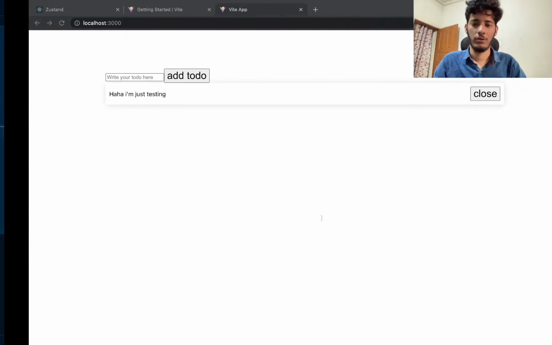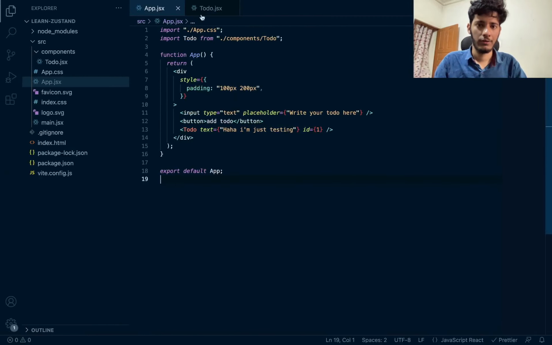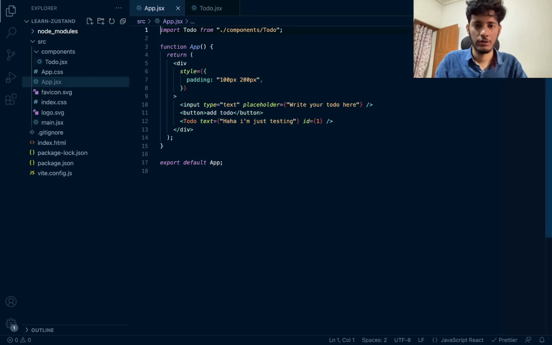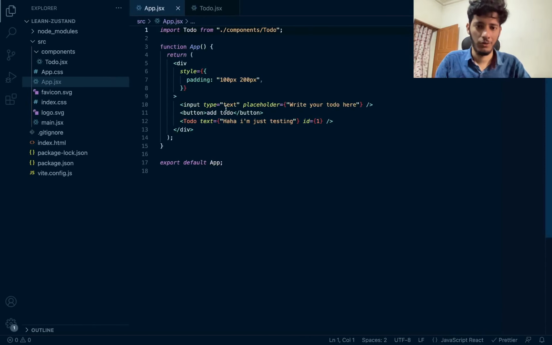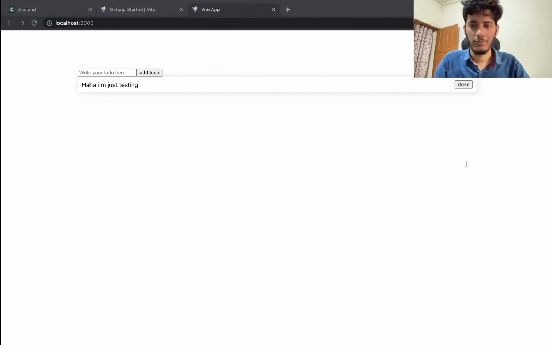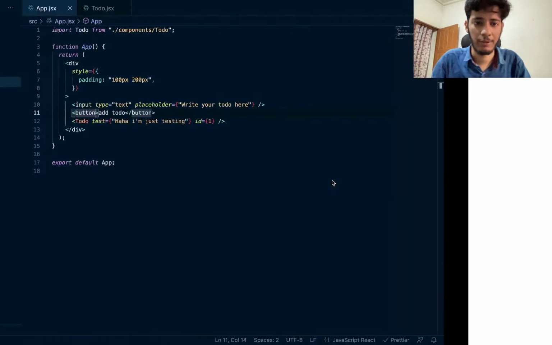Right. So we have something like this. This looks, by the way, humongous. This button, I don't know why. I don't know the reason. I think this is due to this app.css import. So we'll just close this, and now everything is back to its normal state, how normally it should look. Okay, so we can just make it a little bit bigger. Yeah. The next thing we'll be doing is actually trying to add the to-do and delete it. So that's the goal, that's the goal of this application.